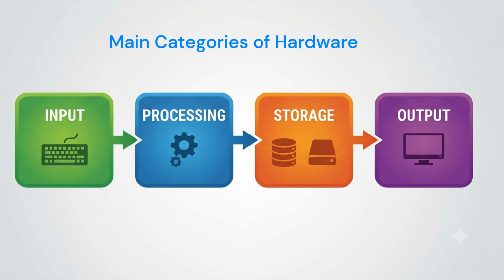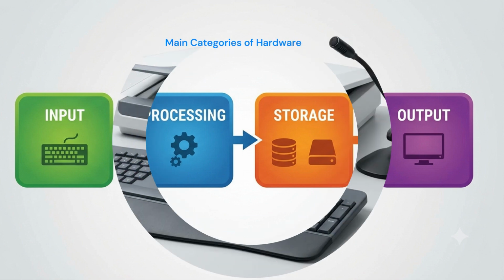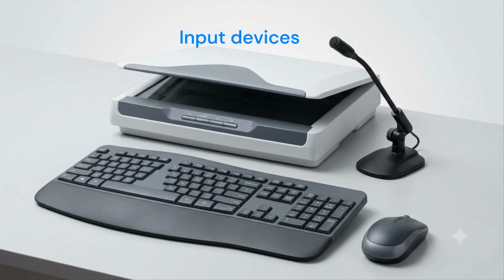To make it easy to understand, we categorize hardware by its job. Data goes in (input), gets calculated and handled (processing), gets saved (storage), and the results are shown to the user (output). Input devices send data into the computer, such as a keyboard or mouse. Input devices are how humans talk to computers. When you type a letter or click a button, you are converting your physical actions into digital signals that the